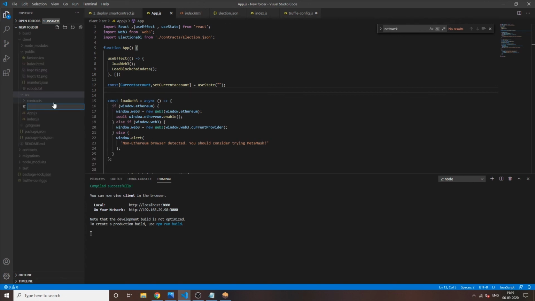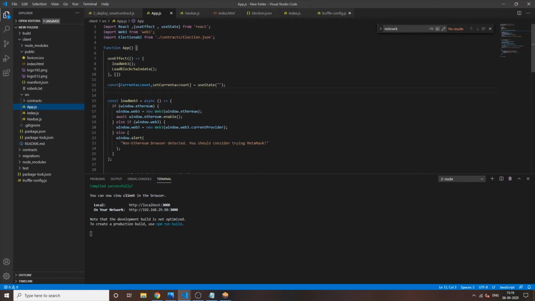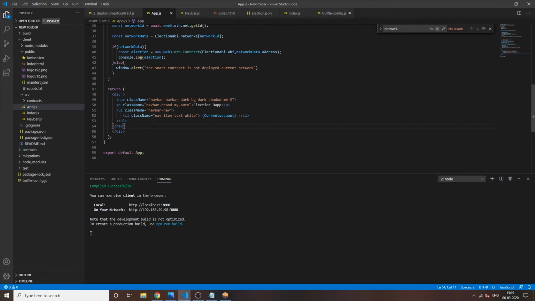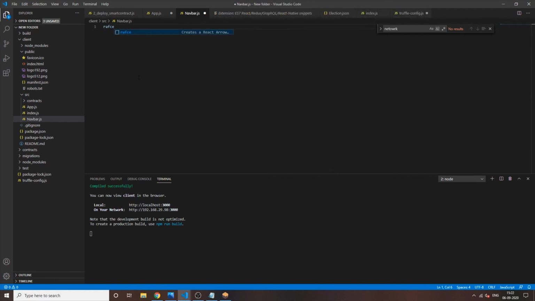Now we will create a JS file and name it navbar.js. We will copy and paste the code from here because in React we want to reuse components. Now we will use RAFCE.